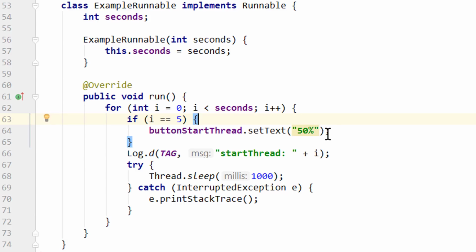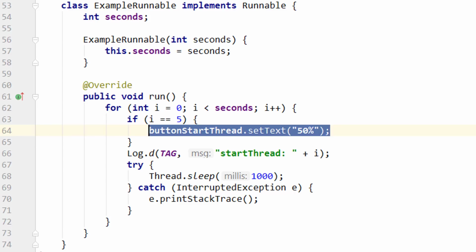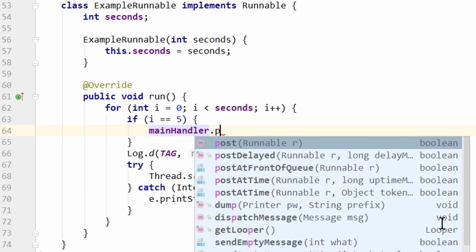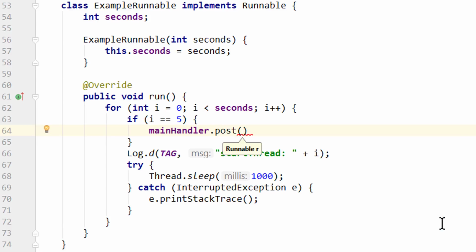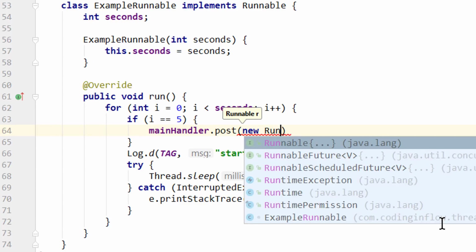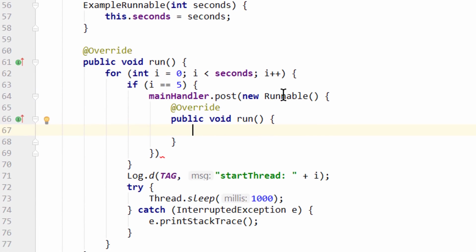But the point in our example is that we can use this handler, which we created on the main thread, mainHandler, to get work from our background thread here into the UI thread by calling .post, and here we have to pass a Runnable as well, which we create with new Runnable. So if you remember, a Runnable itself doesn't start a new thread. Instead, it's basically just a package of work to be done. We close it down here with a semicolon, and then in here we write buttonStart.setText and set it to the same text as before. Now this will work because the handler posts it to the UI thread.